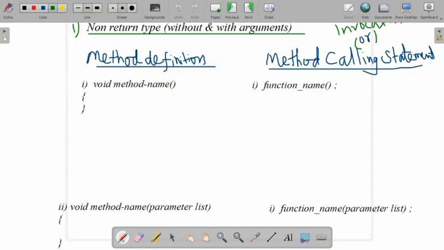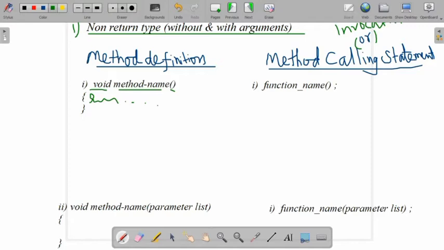In this non-return type, we will use the keyword void and then the method name, with no argument, so we simply pass empty parentheses. So this is a non-return type method. Inside this, according to the kind of task, we will write the statements. This is the general way we define a method of non-return type without arguments.